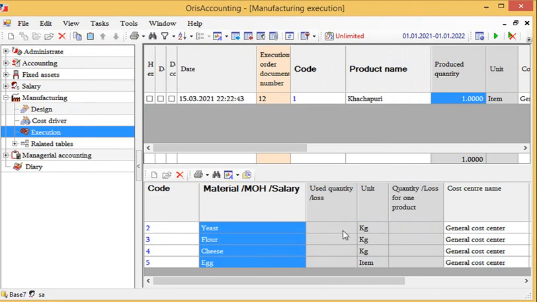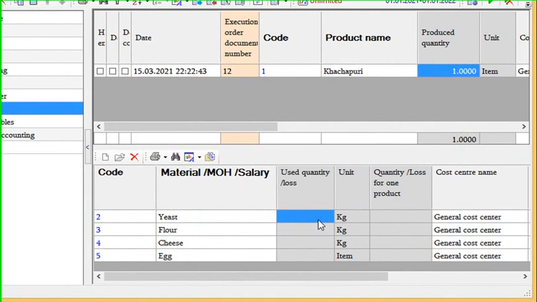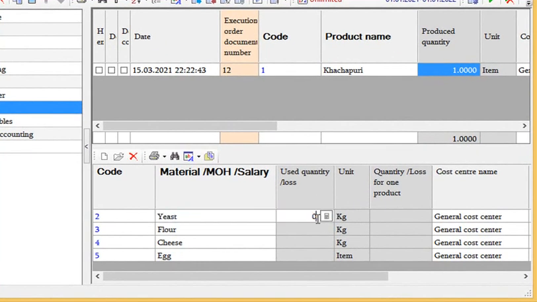So I will put here, for example, yeast 0.01 kilogram, flour 0.2, cheese 0.15, and egg